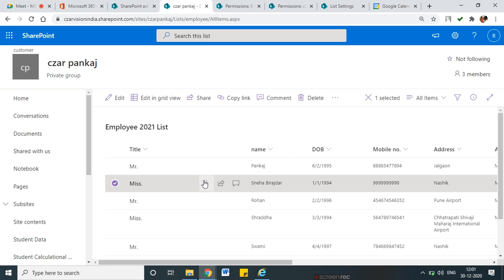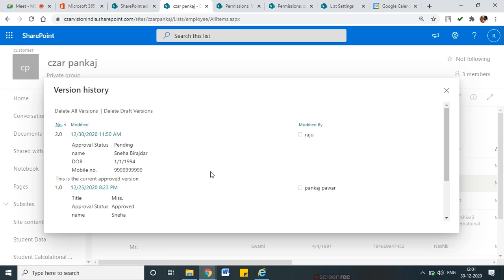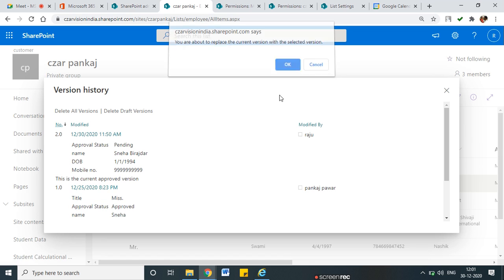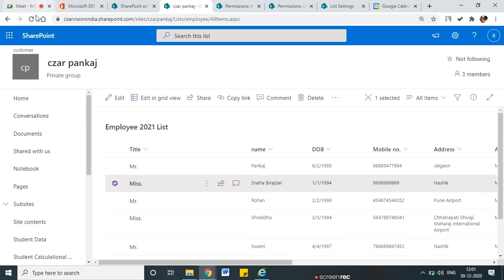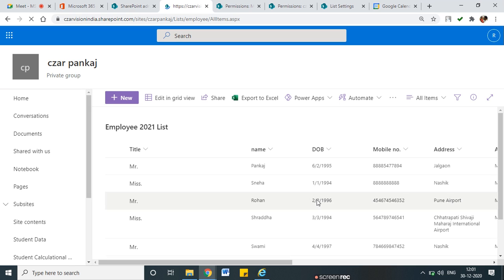As of now, here I can see version history, and there are versions here. Another version was created here, but somehow after some days, Pankaj thought that he doesn't want that version. He wants to restore the previous version of the 25th December. So he will just say restore, and okay. Once it restores, you can see the previous version will be restored. As you can see here,